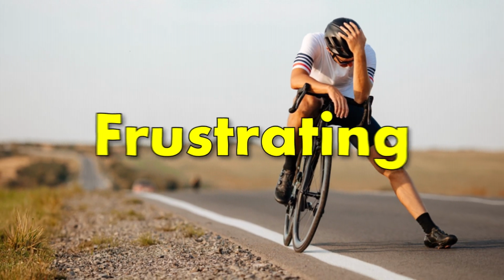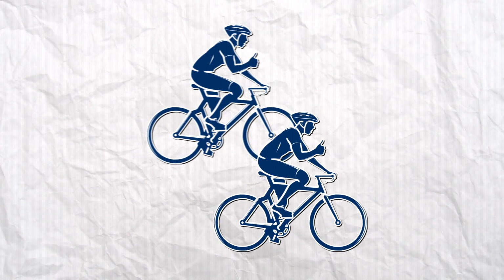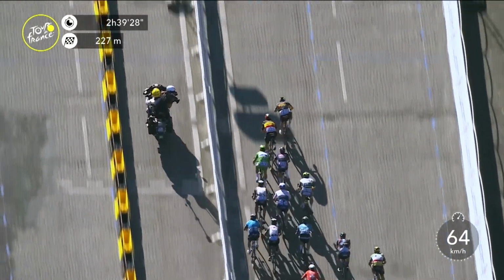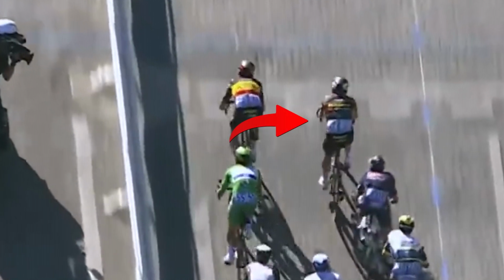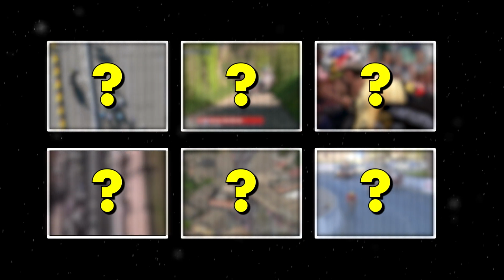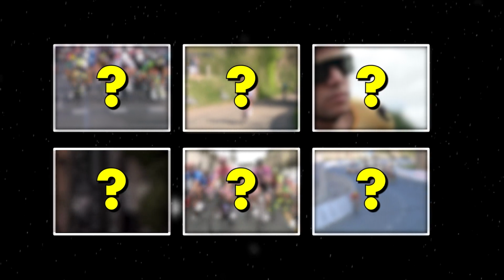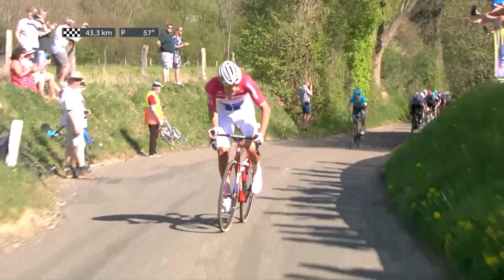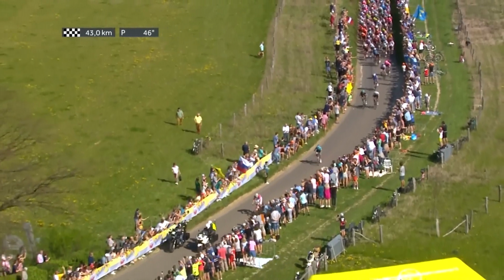It can be one of the most frustrating moments where, in the very final stage, you get overtaken by another competitor who still has slightly more energy left than you, and you end up losing the race. That is exactly what we're going to show you in this video, so prepare yourself for something that's in a league of its own. We've got 12 such sprints and every sprint gets more impressive, which means non-stop thrill and